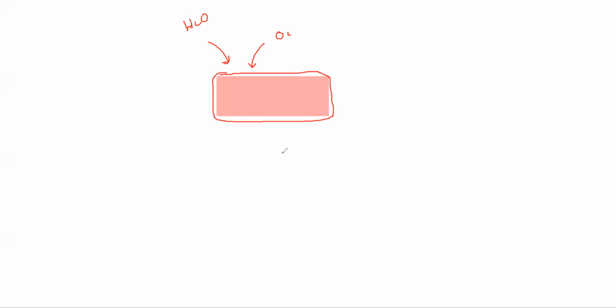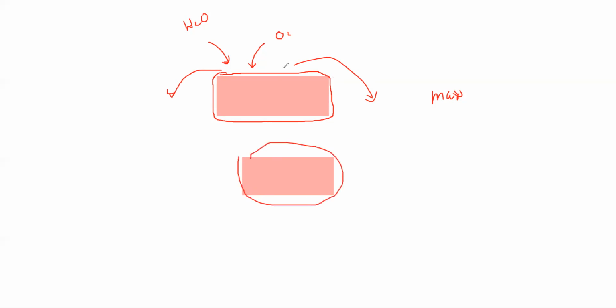And as the layer is formed at the top, because oxygen and water are absorbed or reacted, the mass will increase. But why does the strength reduce? Because when the layer of rust is formed, if you touch a piece of iron which rusted, this layer of rust tears off, meaning it is removed from the surface. So when it is removed, the inner surface is exposed, then the inner surface will also rust, then the rust layer will tear off or be removed,